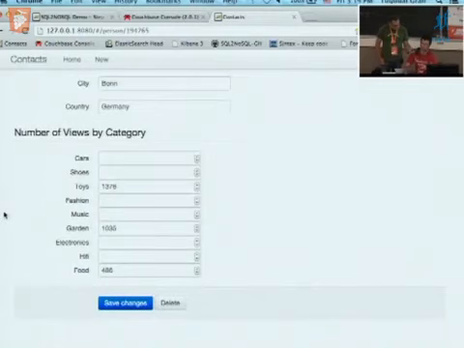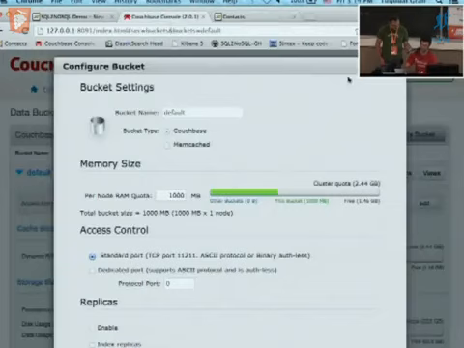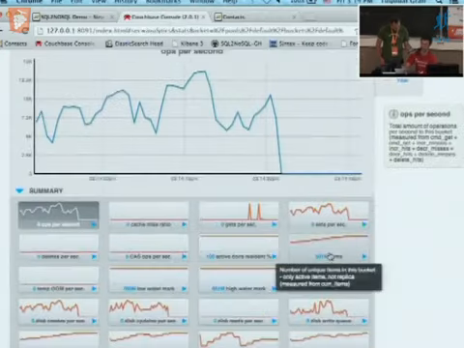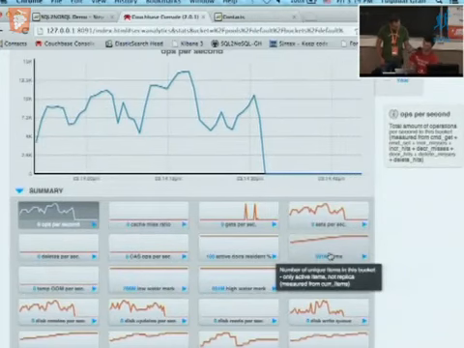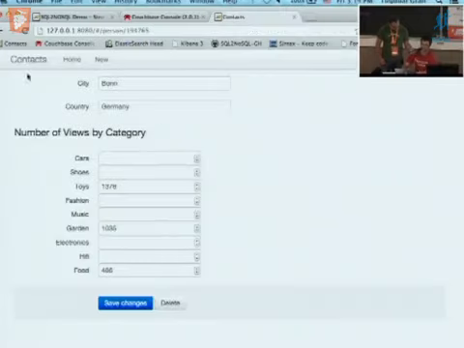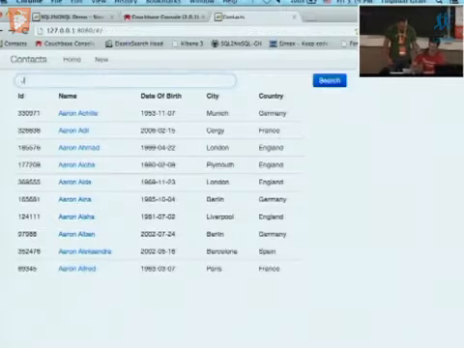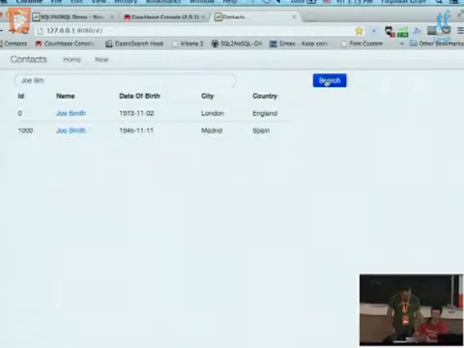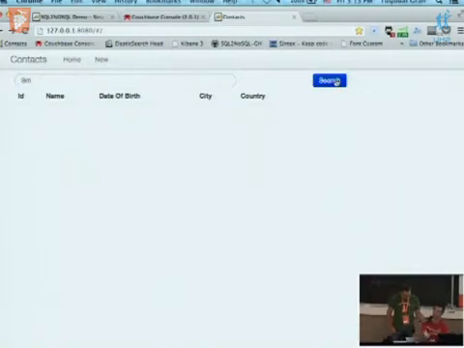We have 500,000, I guess, documents now. Let's see how many. Yeah, it's done. So can you search for Joe Smith? Because I can search for Joe, and Joe Smith. Joe Smith, because the index contains exactly this value. But if I want to search for Smith, as we did before, it won't work because we don't do a like, we do a starts-with because of the distribution of the index, to be very fast.